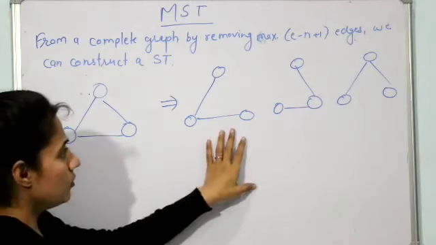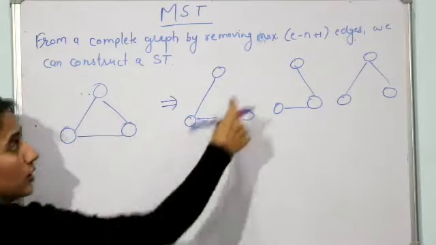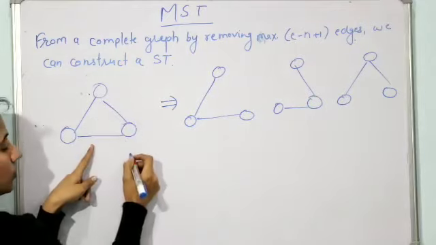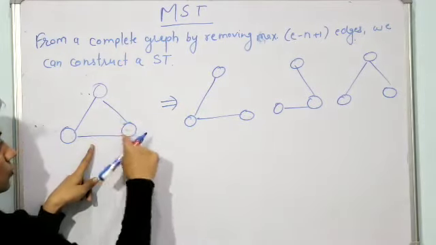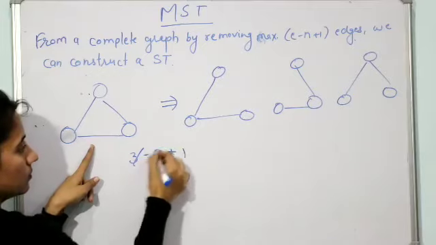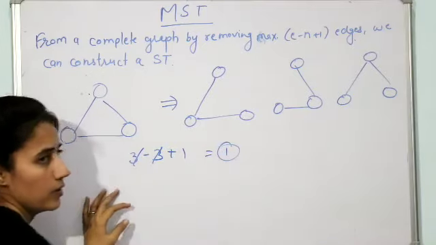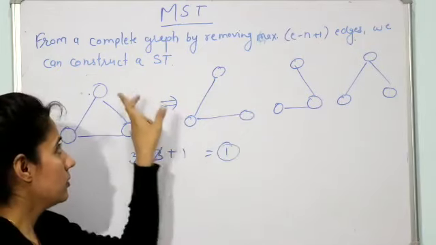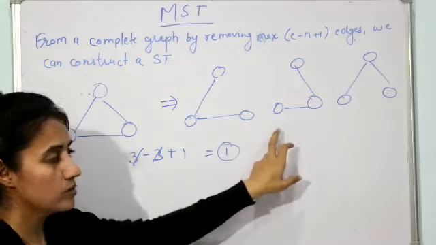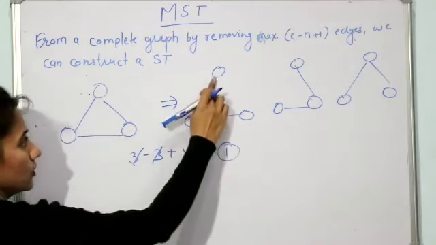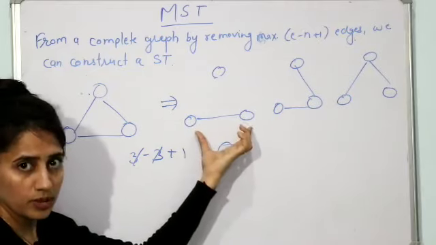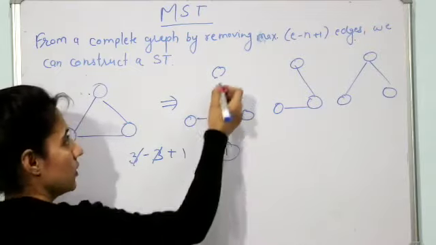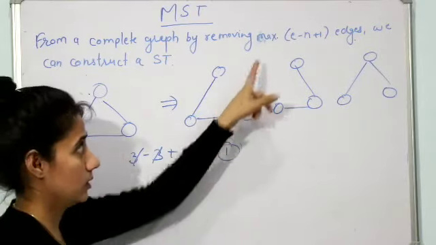So how many edges have you removed? Only 1. Now check the maximum, e minus n plus 1. What is e? The number of edges. What is the number of edges here? 3. 3 minus n, which is 3, plus 1, and the answer is 1. So at most how many edges can you remove? Only 1. We removed only 1 and we have got these spanning trees. If you remove 2, is that a spanning tree? No, because a spanning tree cannot be disconnected, and this tree is disconnected. Fine, so this is that property.